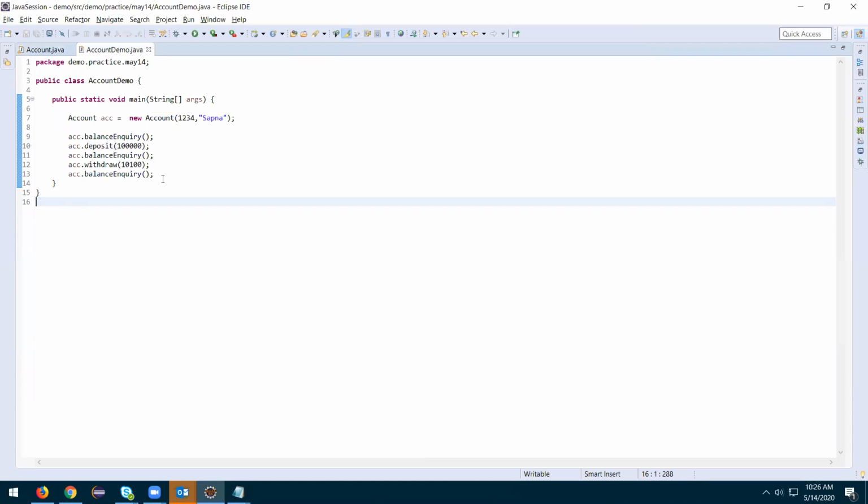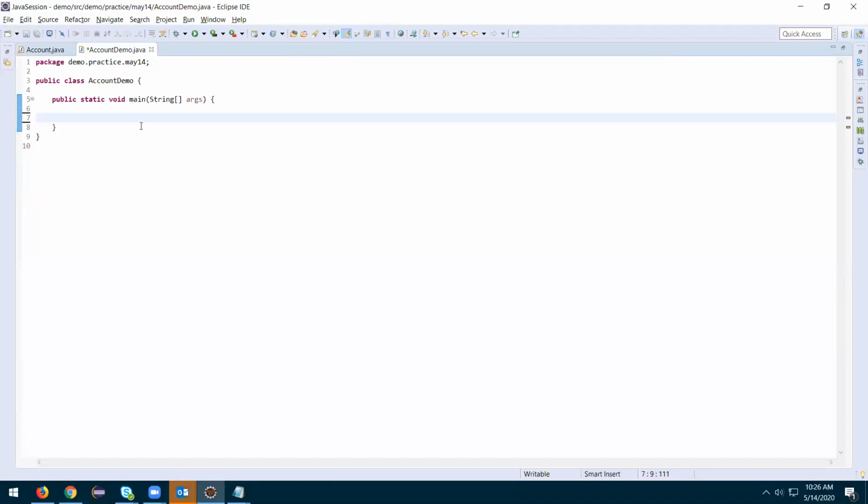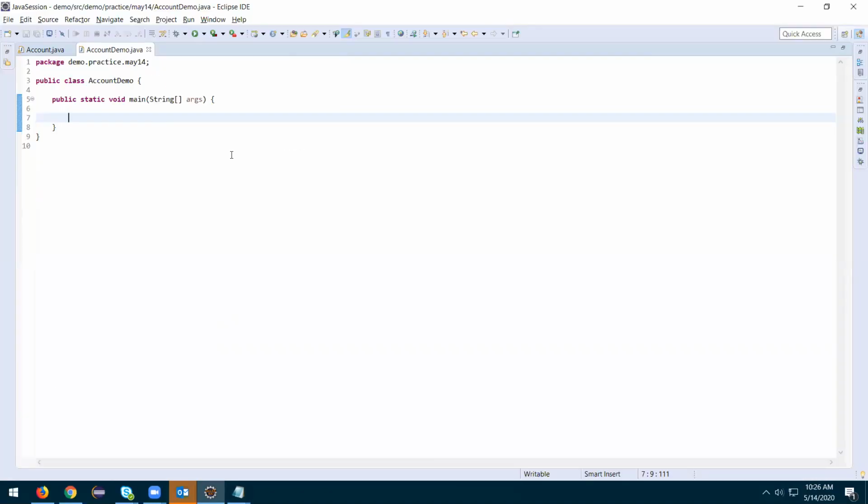How can we create an account class object? You can take control and type the code if you want. No, he can tell. Jamnas, go back to the Account.java, and Harish, just one second.